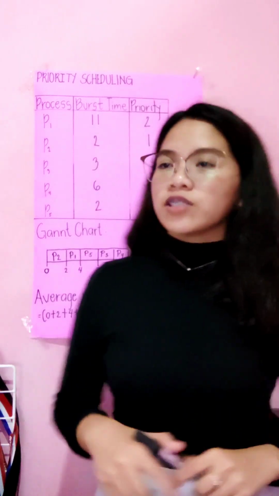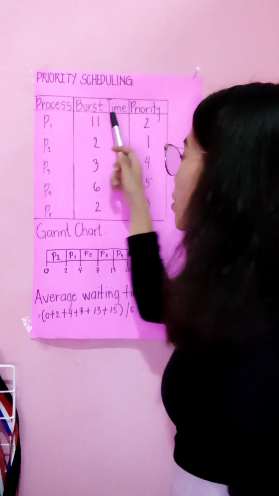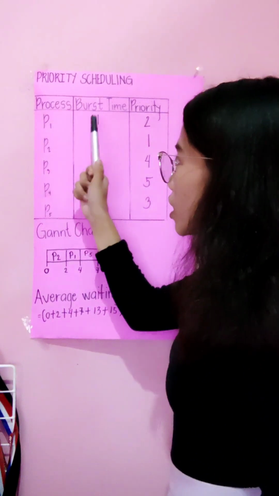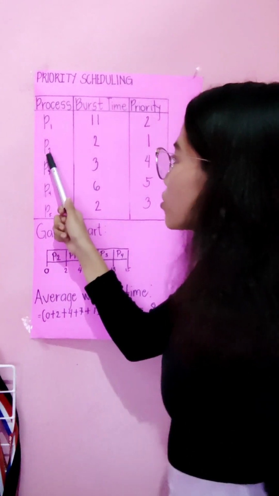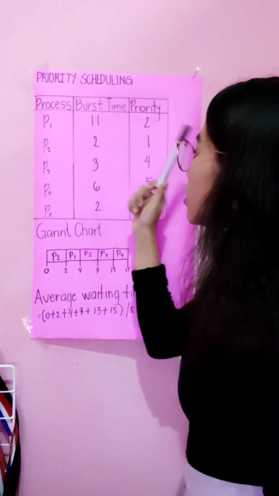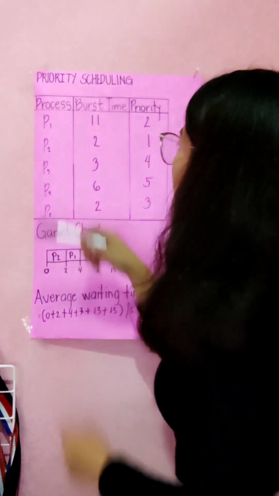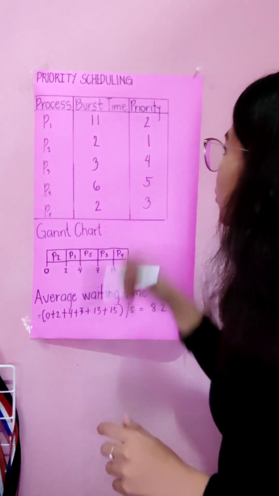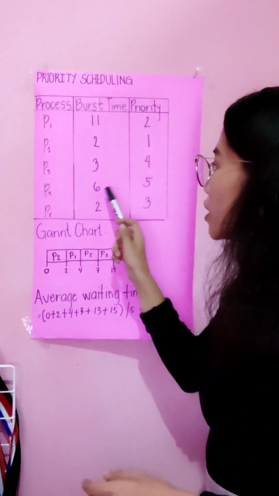So I have here a given example of a priority scheduling algorithm. I have here 5 processes with their burst time and priority. For process 1, it has an 11 millisecond burst time with priority number 2. For process 2, it has a 2 millisecond burst time with priority number 1. For process 3, it has a 3 millisecond burst time with priority number 4. For P4, it has a 6